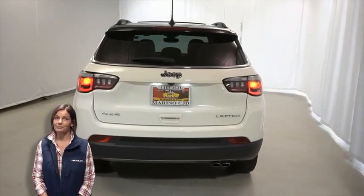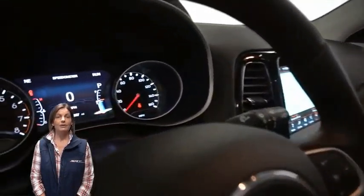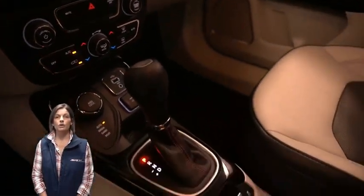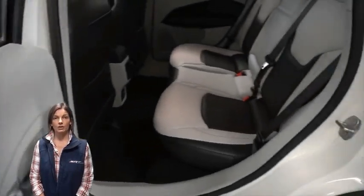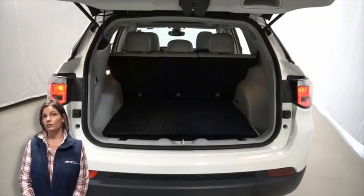dual bright tip, heated front seats, heated steering wheel, 29,000 miles on the odometer, 8.4-inch touchscreen display, navigation, rear backup camera, dual zone temperature control, SELEC-TERRAIN system, split folding rear seats, dual pane panoramic sunroof, power liftgate, 2.4-liter 4-cylinder engine,